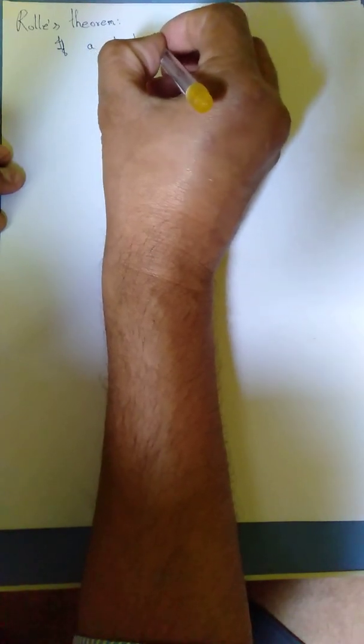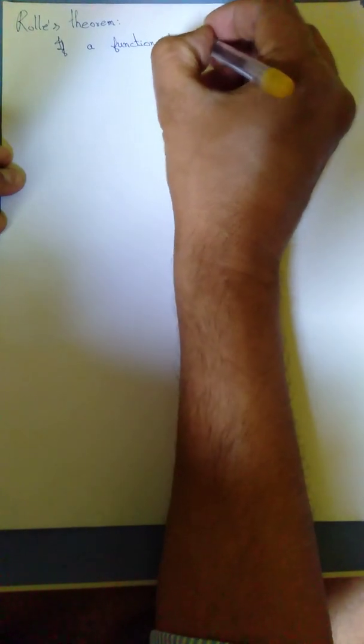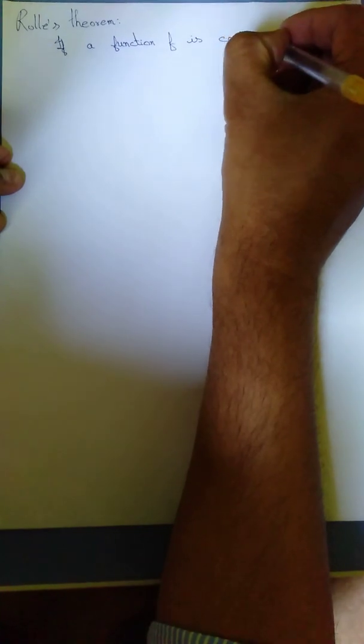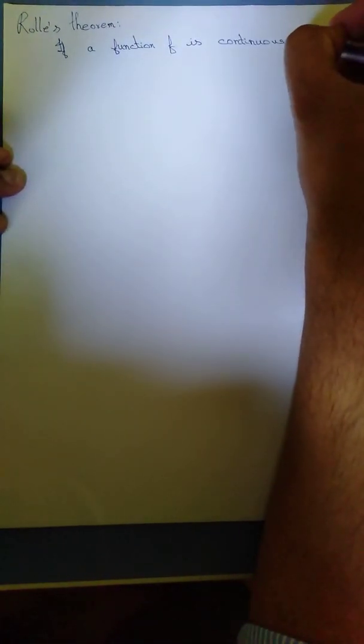Rolle's theorem states, if a function f is continuous on closed interval a comma b,